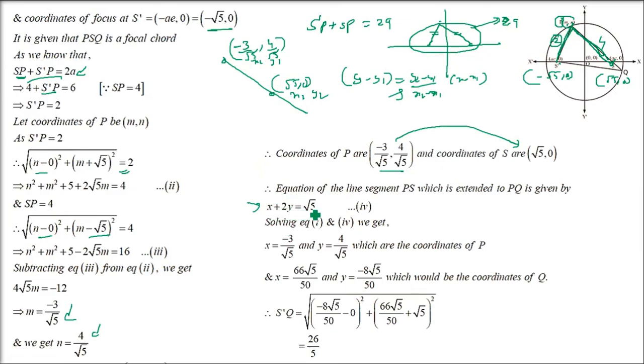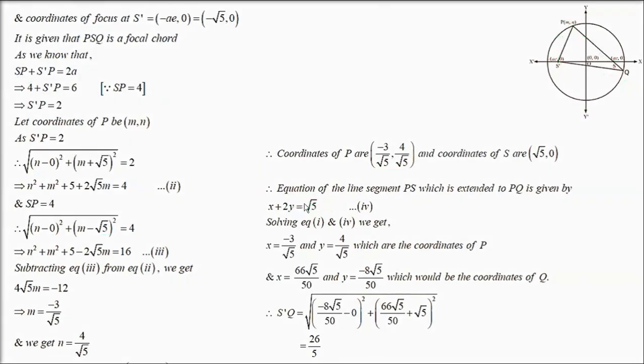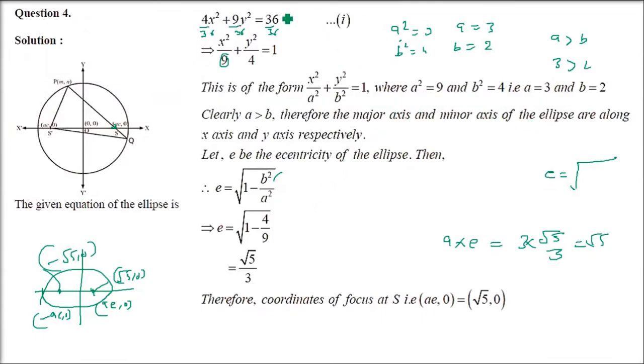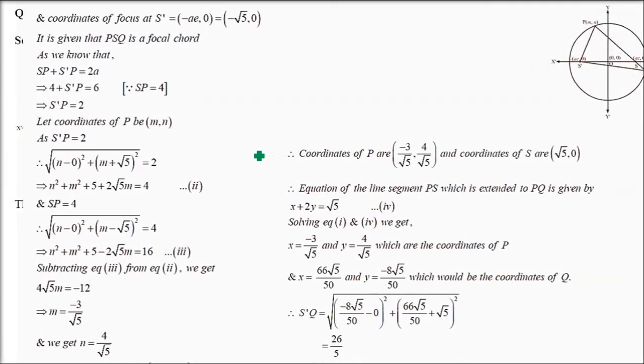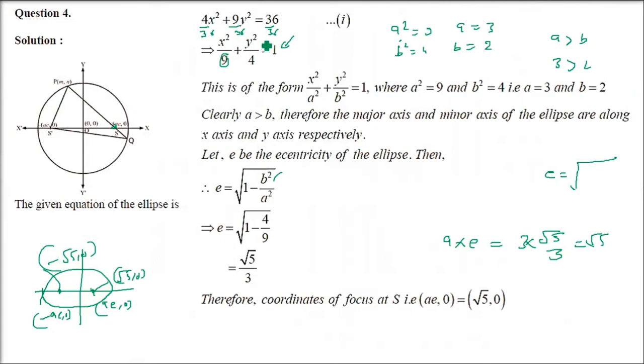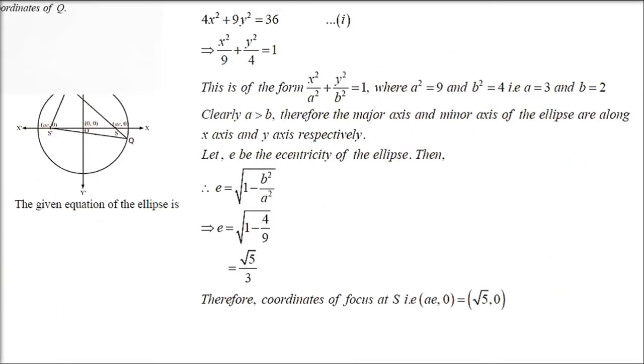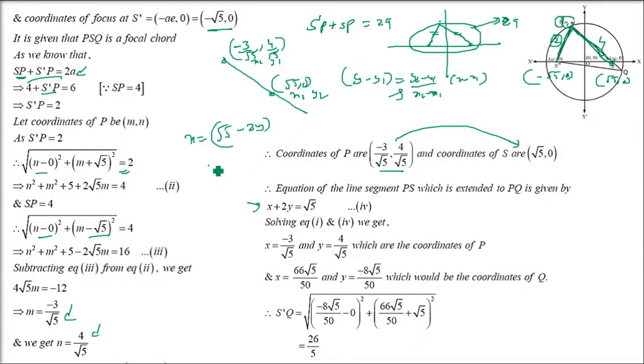Now this equation you are going to put in the ellipse. I hope you got the idea. See, an ellipse, a line is cutting. That line equation we have found out. Now put this equation of line in that ellipse so that you get 2 points, the intersection points. So you can put this x as root 5 minus 2y. You can write it like this. Just put it here in x square by 9 plus y square by 5. So either you can put x in terms of y or y in terms of x. That is, you are going to put x equal to root 5 minus 2y in place of x in x square by 9 plus y square by 4 equals 1. I hope you got the idea.